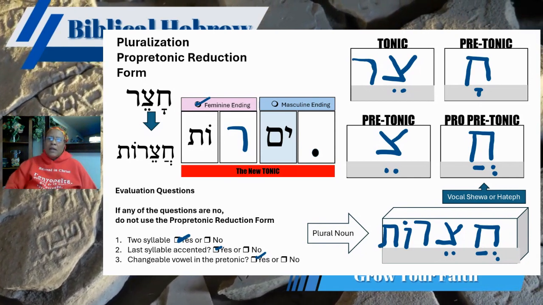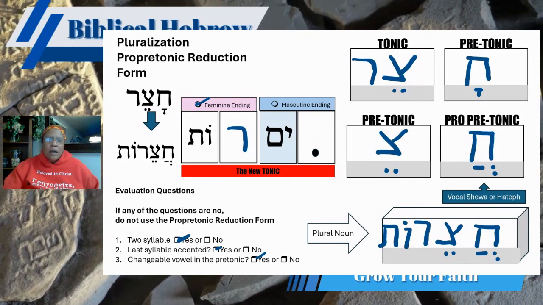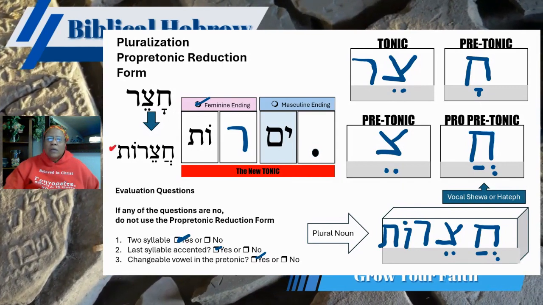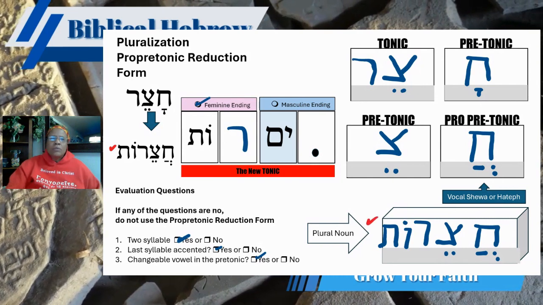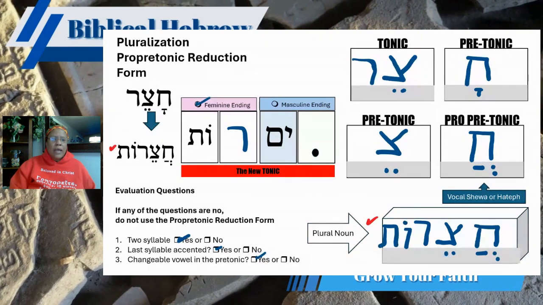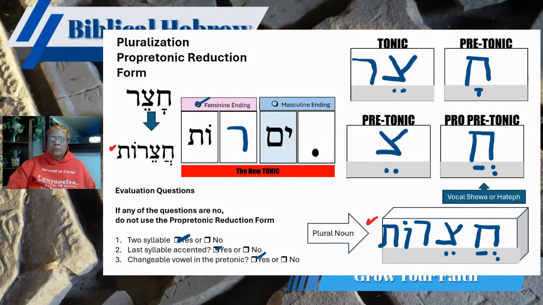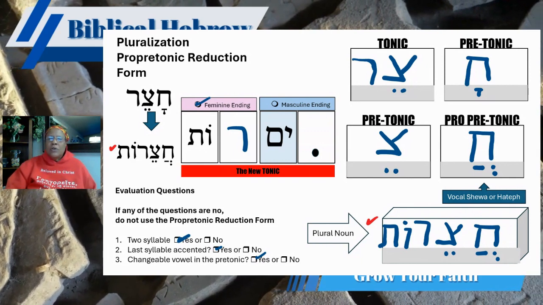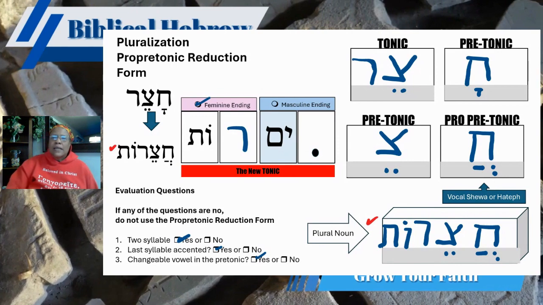Okay. All right. So let's check it against our word here. Chaserot. Chaserot. And looks like we are cooking with gas. All right. Let's continue on. But before we continue on to the next section, I